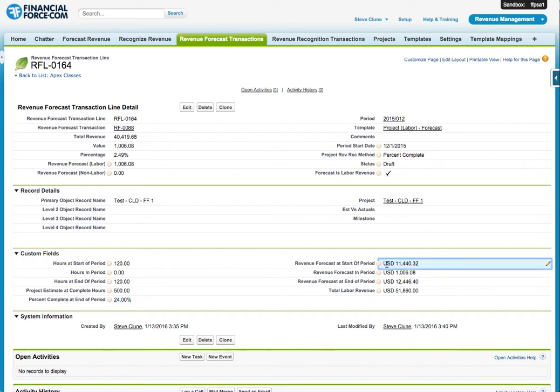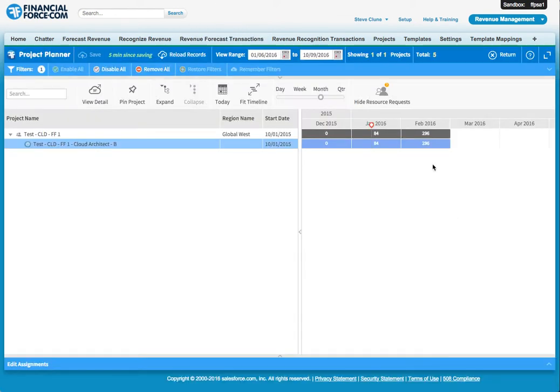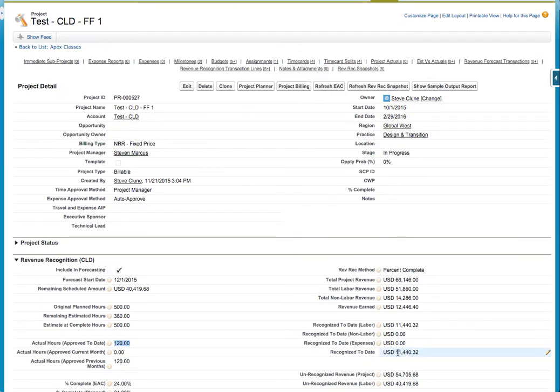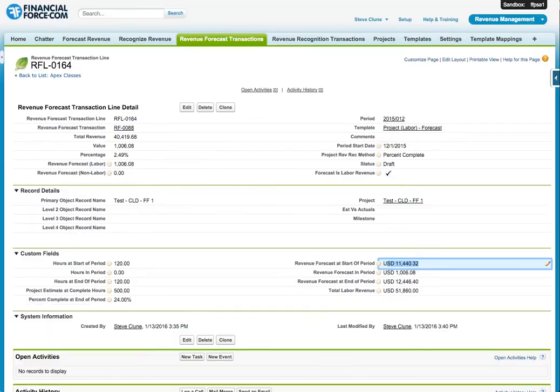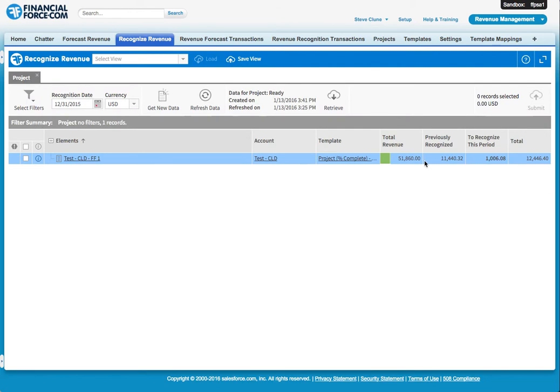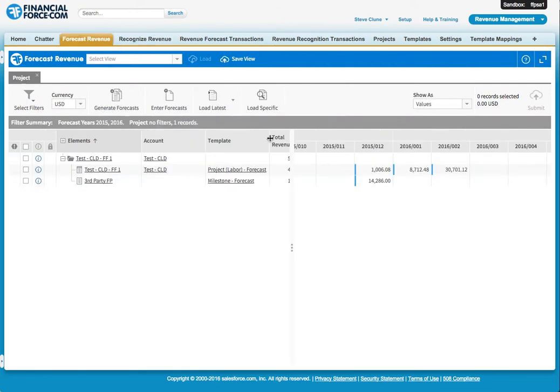So that means that the revenue forecasted at the startup period, this came again from the project. In this case, I got that $11,440 on the project. So since this is the first month of the forecast, the 1,006 is what I get by taking 24% multiplied by the 51,000 of labor revenue, and I now get a forecast at the end of the period of 12,446. So my net revenue that I'm going to recognize is 1,006. Again, that's what shows on the revenue recognition screen, and that's what shows for the month